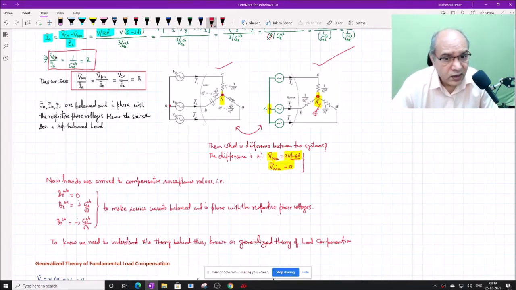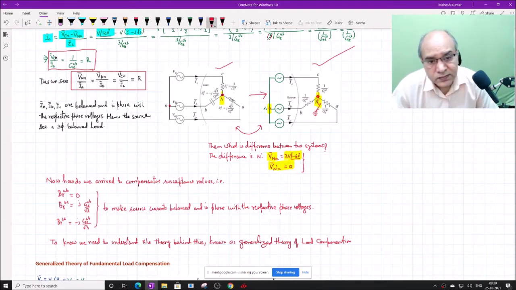The behavior responsible for having a three-phase balanced circuit on this side is because we allow the neutral to float, and because of that structure we can manipulate the currents. So that was the trick. If we won't allow the neutral to float, this will never happen. You will never be able to transform to this behavior of the circuit. So remember the difference between these two circuits.